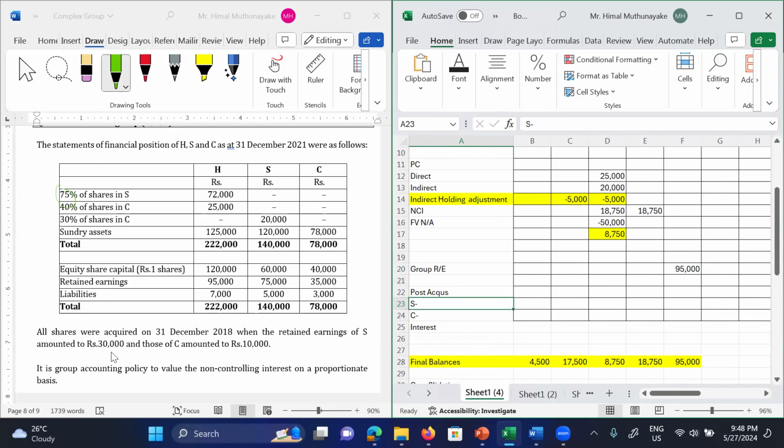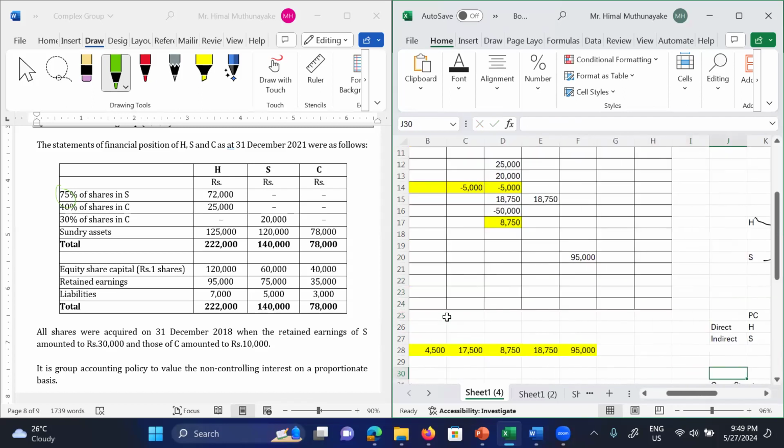So 30,000 of the company S. That means 75,000 at the reporting date. At the acquisition date is the 30,000. That means 45,000 is the post acquisition profit, and the company C, 10,000 at the acquisition date, and the reporting date it is 35,000. That means 25,000 is the post acquisition profit, right? So therefore, you need to use the effective holding percentages,